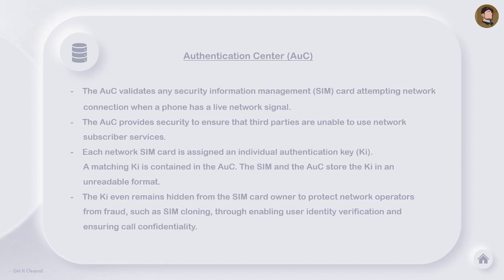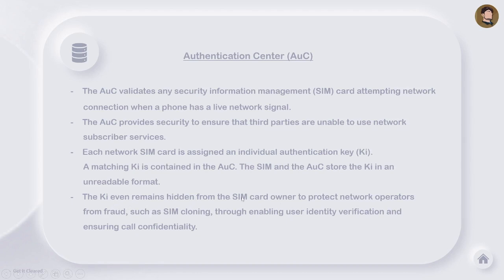Now the VLR tries to match both the keys, and only if both keys match with one another will your call be placed, and you can hear that ringing sound. But if it's not matching, you will not be allowed to make the call, right? So this is how the mechanism of matching or authentication takes place. The key, this Ki, also remains hidden from the SIM card owner. Even you cannot know